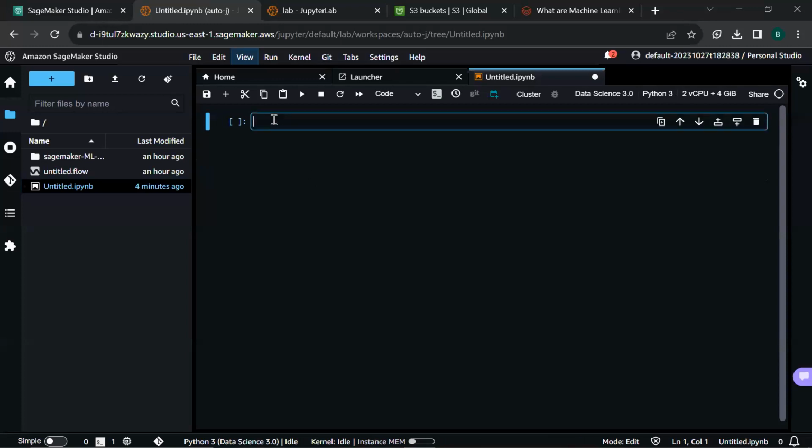And as we said, it already has the important machine learning libraries installed for us, and we can try to import them and see. So we can import a popular data science library called pandas. We can also import NumPy.